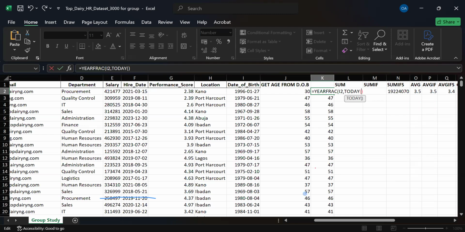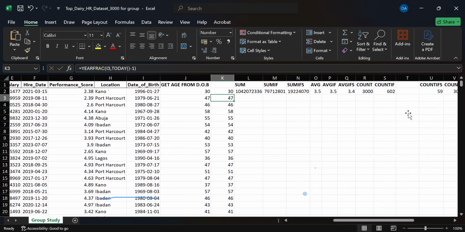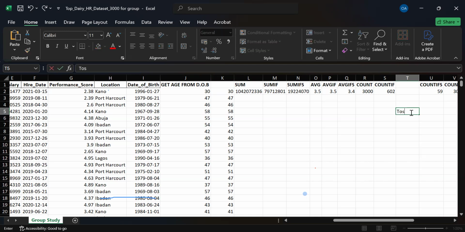It will come back as wrong if I didn't do it like that. Let me put that one back. Let's say I want to get today's date. Okay, I want to say today